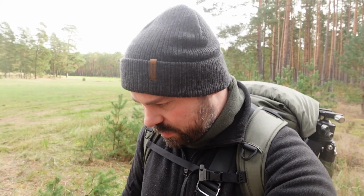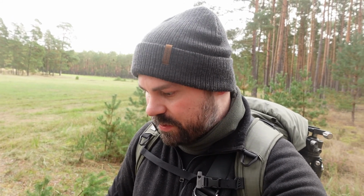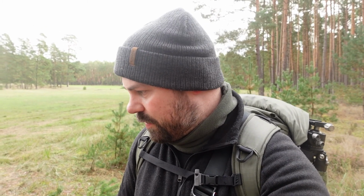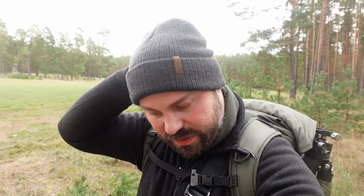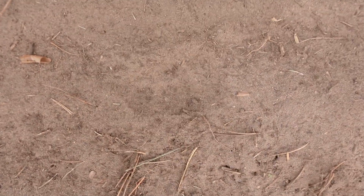So I've just come across a footprint, and I'm wondering if that's wolf. Obviously it's very difficult to say, or impossible as experts would say, with one print only, but I've seen wolf prints and you have an idea what they look like, and that has the same shape. It's more like an oval shape. What do you think? I don't know if it picks up on the camera that well, but you can see here